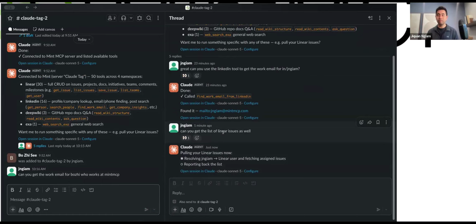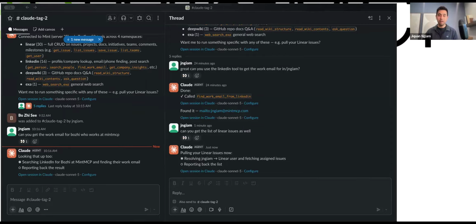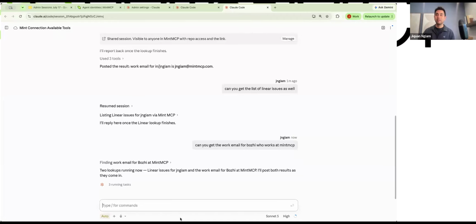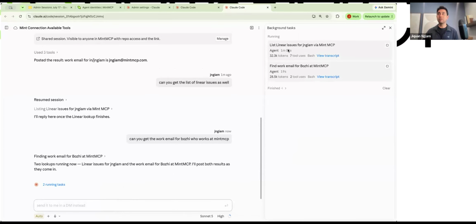The best way to figure out what's going on is to click on the little links in here that will bring you to the actual session that's running inside Claude Tag. If I went back in there and look at this right now, I can see in the Claude Tag environment, this is actually running a task that's doing both the Linear issues and the work email.